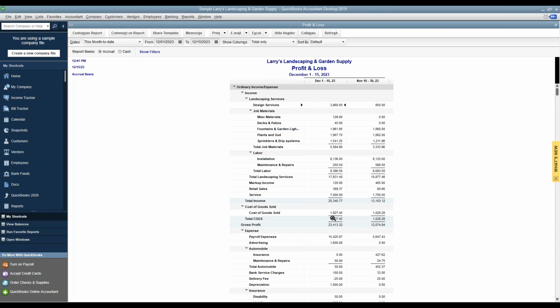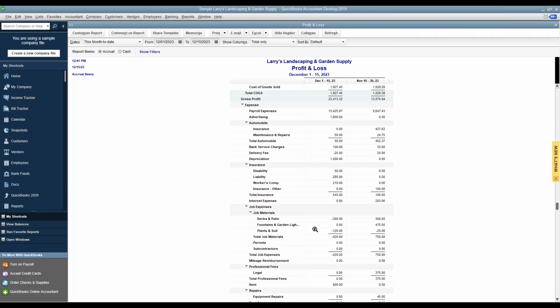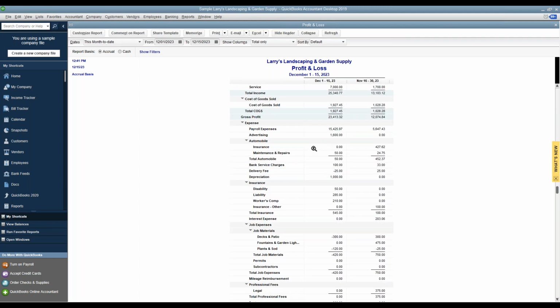And then in this scenario here, you look at it and you say, why didn't cost of sales go up relative with income? So it looks about similar to what it was, and we doubled the income. So you look at that and you try to analyze that gross profit trend and see, hey, where are things at there? And then you want to look down here and you want to say,